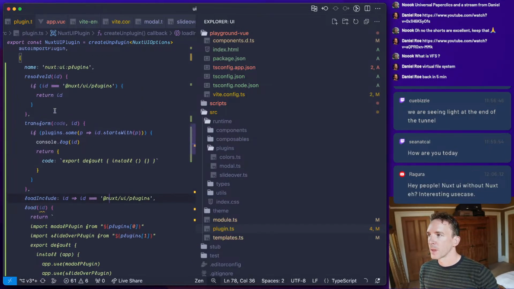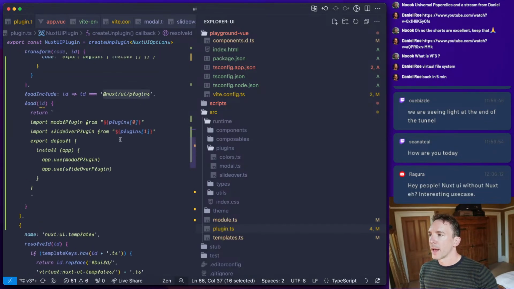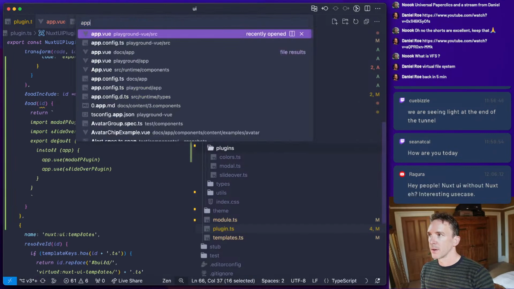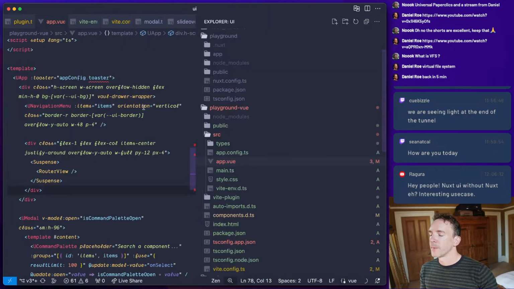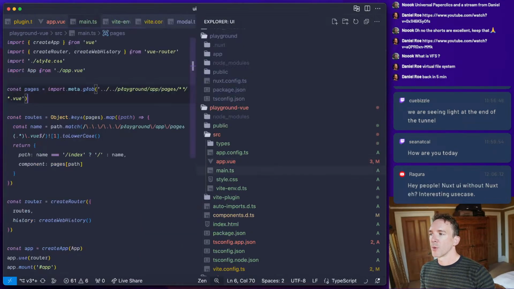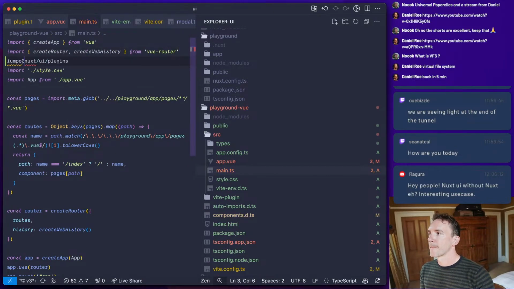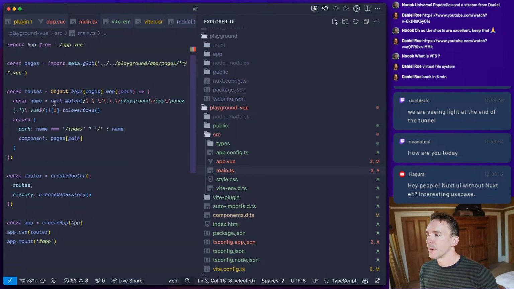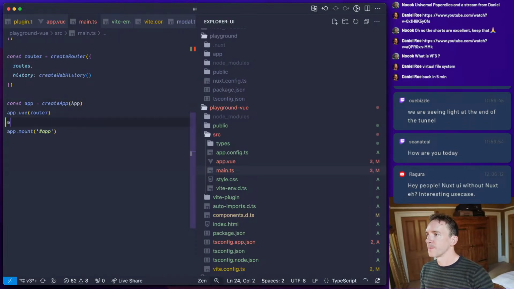And we're going to want to import this, and we're going to want to import that in our entry point of our playground. I'm still not sure if this is the right approach, but we'll see. I would ideally like to be able to do this automatically, so.